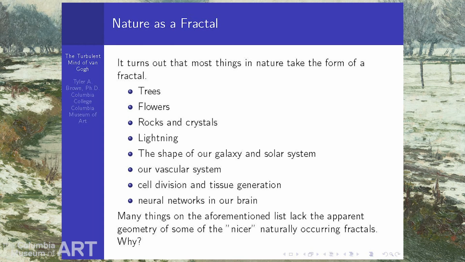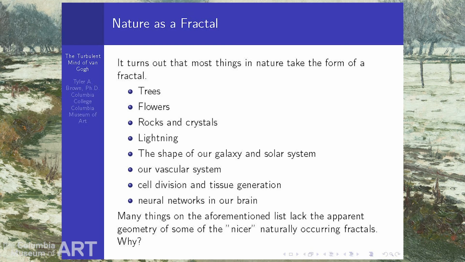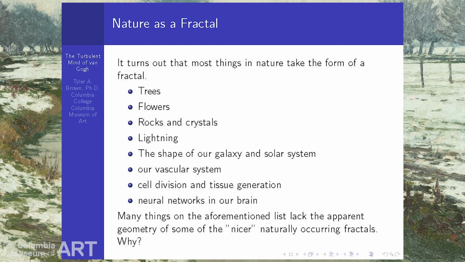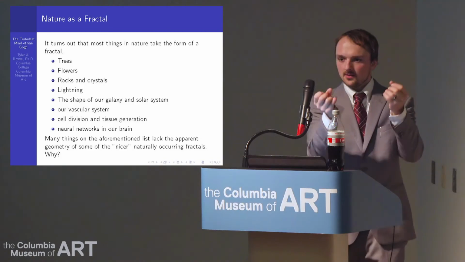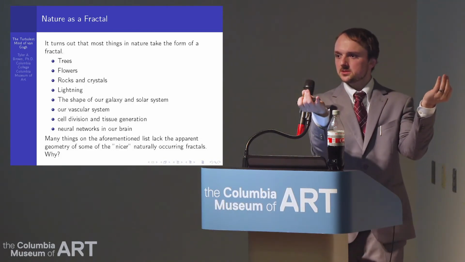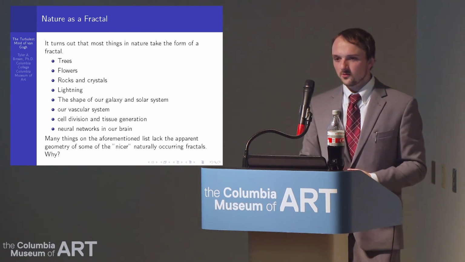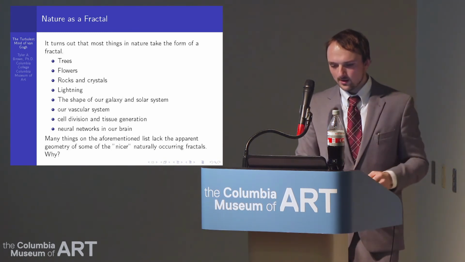Turns out that most things in nature take the form of a fractal. Most things. Trees. You have your main trunk that supports all of the branches. The branches support smaller branches, and then the smaller branches support the twigs and the leaves. And the proportion of the trunk to the branch size is also fractal and proportional in nature. So if you have a big, thick trunk, it's probably because you have big, thick branches. And thicker branches mean thicker twigs, and so on and so forth. Unless you do bonsai, then you can force that to look whatever way you want.